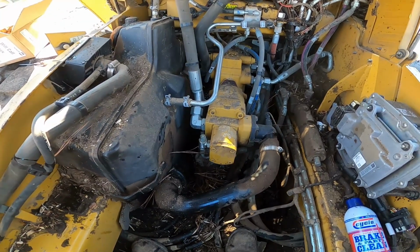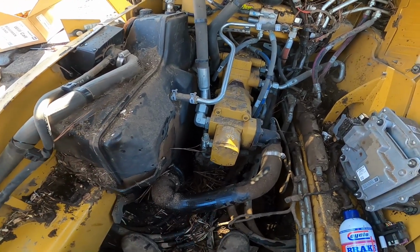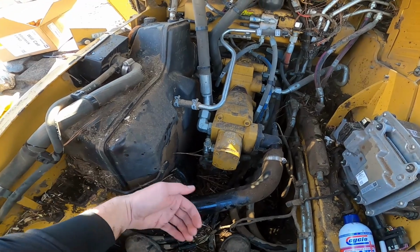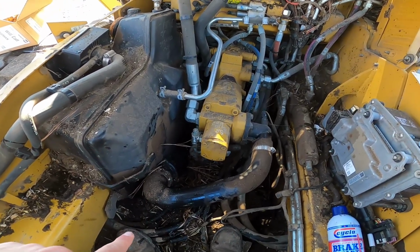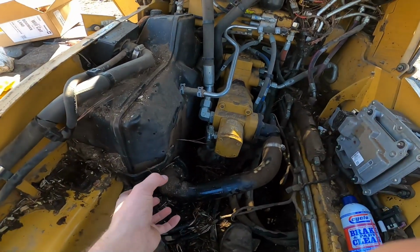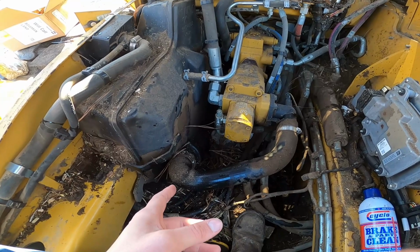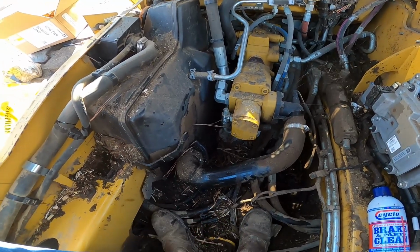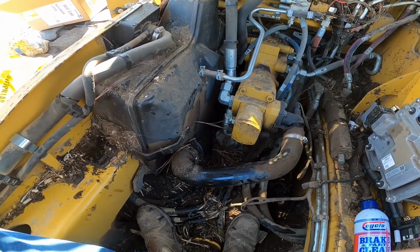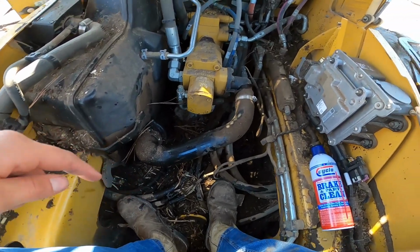All right, so that's it. Of course I was wiping something off and it got down in there, but it's already on there, just kind of made it nasty. So got everything tight. What I did was take this and use my leg, got my pants slick dirty, oil dripping all over it, but I got this pulled back far away where I can get the big channel locks to tighten it up best I could, where it wouldn't move anymore. I think that's probably the reason why it was leaking, but I wanted to make sure and put a new filter in. It was $80 for a filter, so it could have been cracked or it just could have been split, so who knows. But now since I'm here, got this done, and then I'm gonna go underneath and start